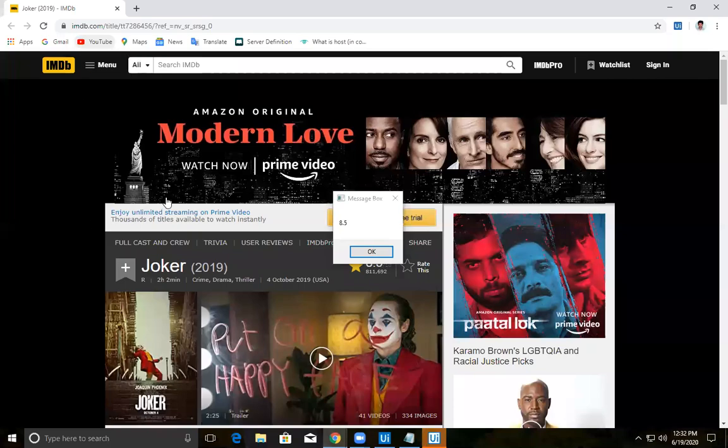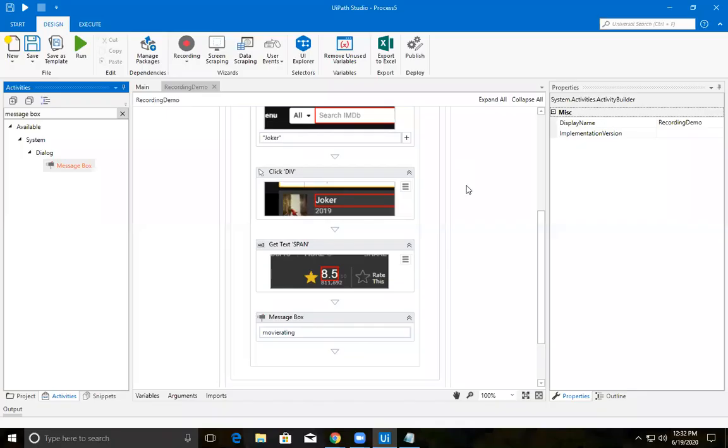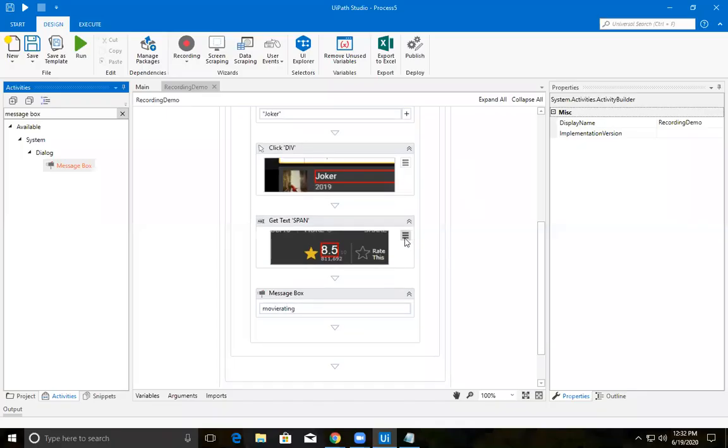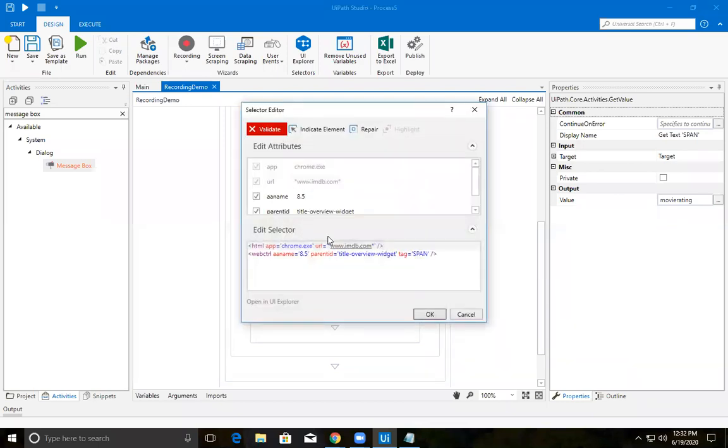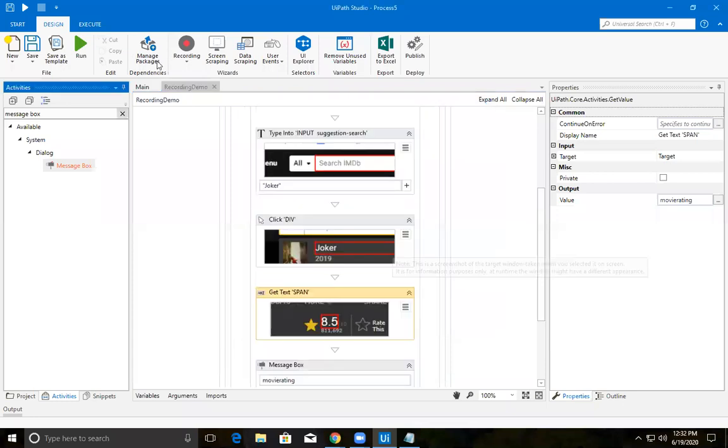It's coming. Okay. Every time you can just select the selectors and everything, no problem. Every time you can just change everything how we have seen in the IMDb. So this is about the recording. Actually, it needs to work on Internet Explorer also. If it is not working fine, you can explore with the other browsers.